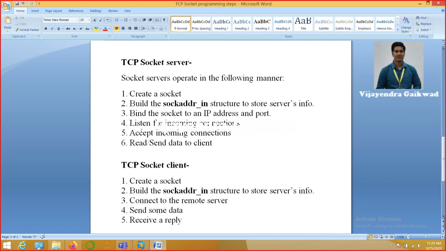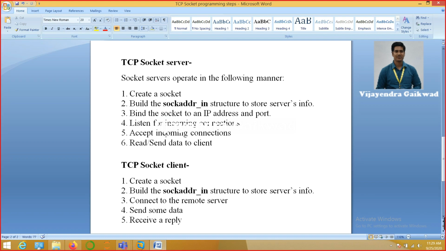Okay, once it sees that an incoming connection is there from the client side, it will accept the incoming connection by using, again, for binding we have a system call, for listening as well we have a system call. Similarly, for accepting any incoming client connection, we have a system call.